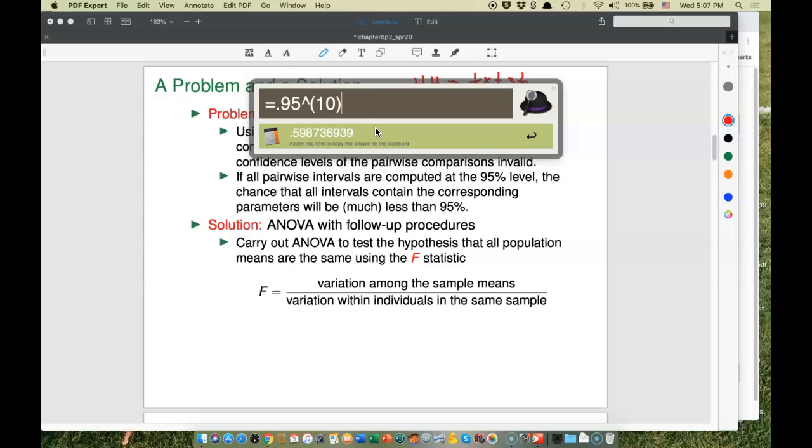Now our hit rate is only 60% of being right for all our intervals. So it sort of feels like false advertising, and it can be very misleading. And on the significance side of things, if we do 0.05 tests repeatedly, the chance of making a mistake somewhere